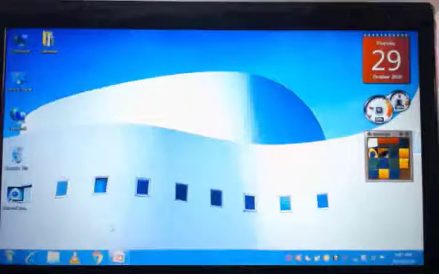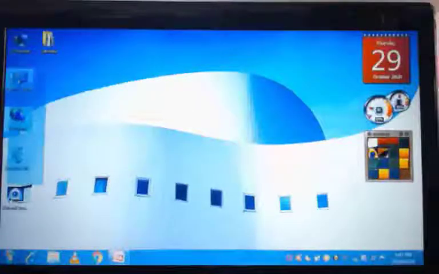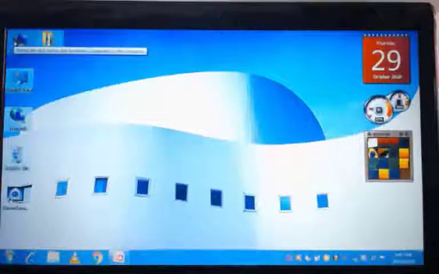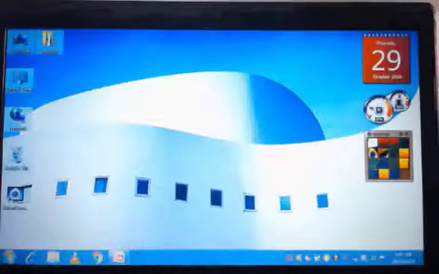So we'll see now what these are all called. These small pictures on the desktop are called icons.